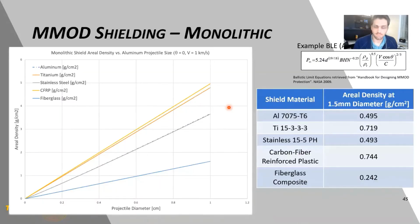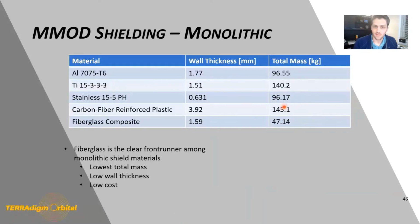And then here's monolithic shielding, and here's some of the different materials that we used and the densities. And we found out fiberglass is the clear front runner among the monolithic shield materials: lowest total mass, lowest wall